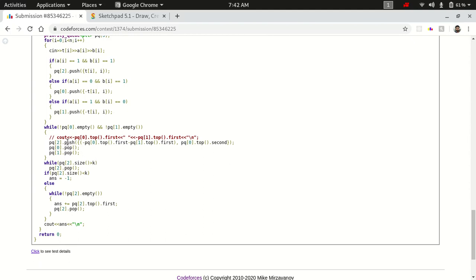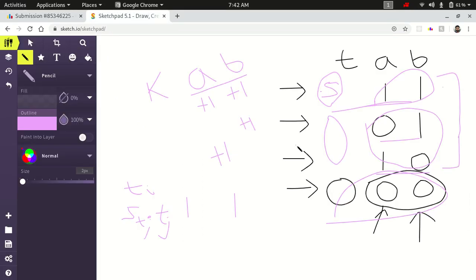What I am doing is converting type 2 and type 3 into type 1 by taking a pair. Now they will both increase the value of a and b by 1, because one of the points will increase the value of b by 1, and one of the points will increase the value of a by 1.